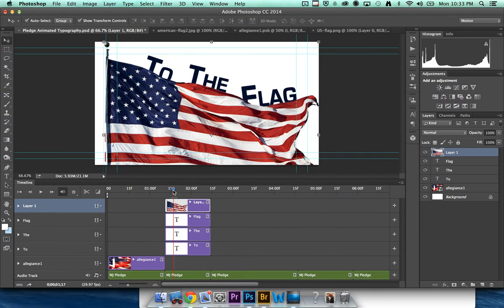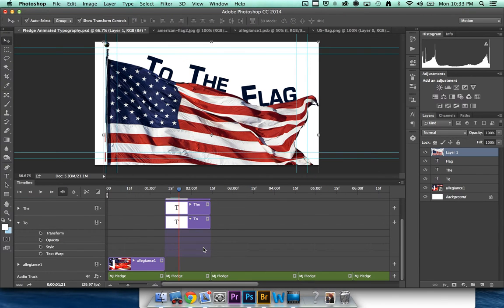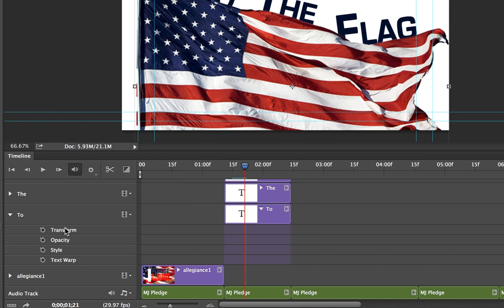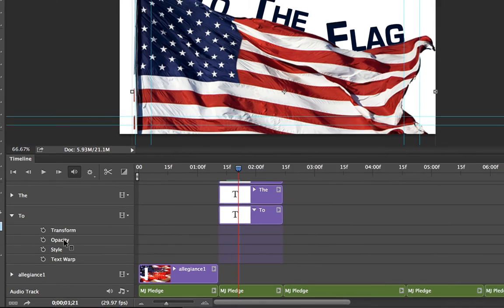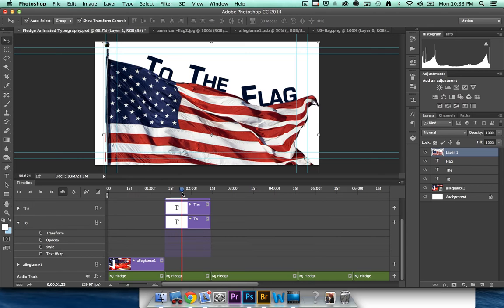Okay, so the effect we're looking for here is I want these words to fade in rather than move in. So that step's quite simple as well. It's the second one down on our list. We had already covered transform. Now we'll do opacity, which we know to be see-through or not. So again, just like before, I'll move my clip just about midway through, and I'll say, okay, I want the word to be 100% opacity at this point, which we can automatically see. I'll drag back to the beginning, and I'll say at this beginning keyframe point, I make another point, and then